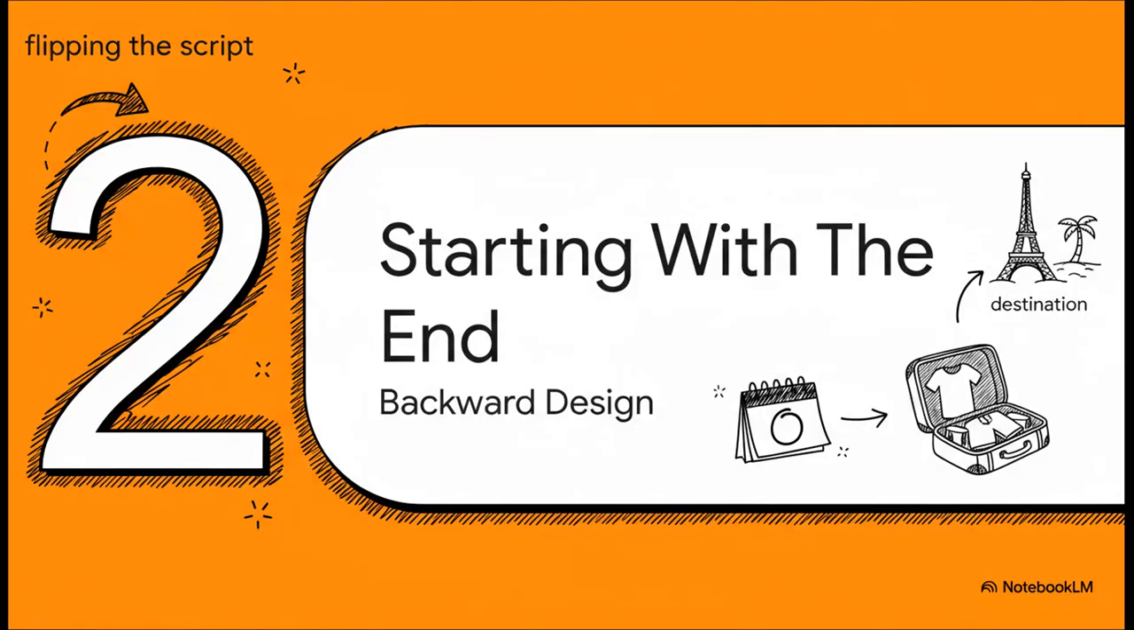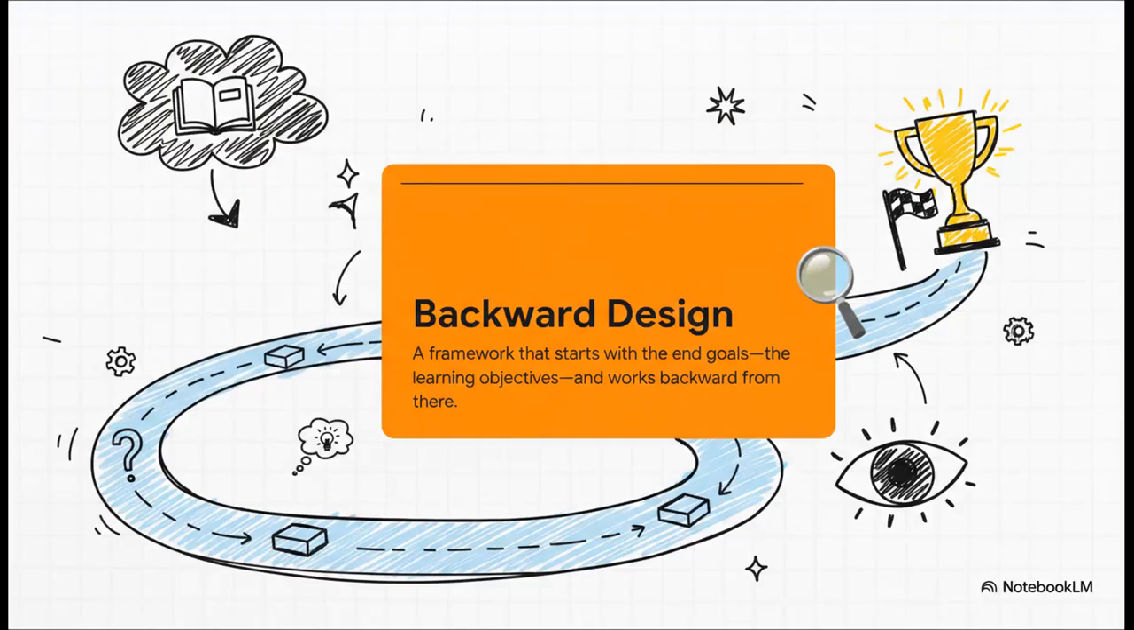All right, now for something completely different. Let's flip the script. Instead of starting at the very beginning, what if we started at the end? This is the whole idea behind backward design. You can think of it like planning a vacation. You don't start by just packing your bags, right? You start by choosing your destination. This was popularized by Grant Wiggins and Jay McTighe, and backward design basically flips that traditional content-first model right on